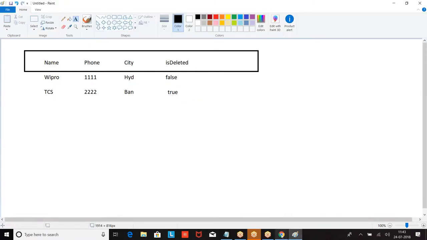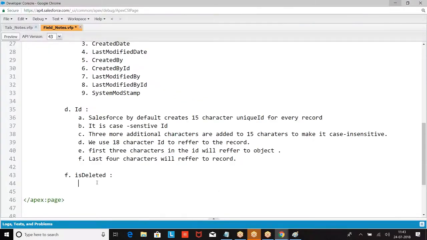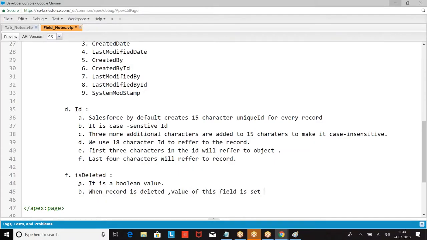True. So let us go back. IsDeleted is a Boolean value. When a record is deleted, the value of this field is kept as true.